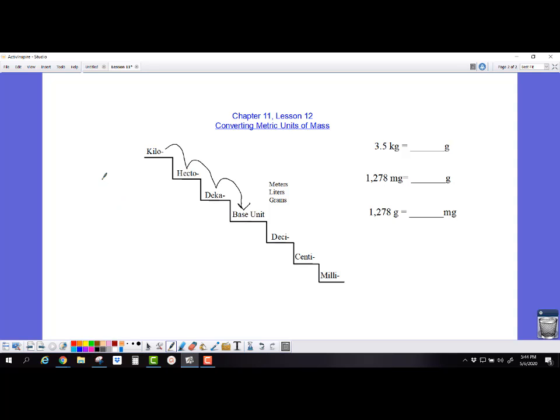So if I take my 3.5 kilograms, and I want to go to grams, I find my decimal, and I move it the same number of steps to the right. 1, 2, 3 down, and you'll notice that when we go down, we are moving to the right also. We go 1, 2, 3, and put our decimal here, which means we have to add our little zeros in our egg carton there. And our answer would be 3.5 kilograms becomes